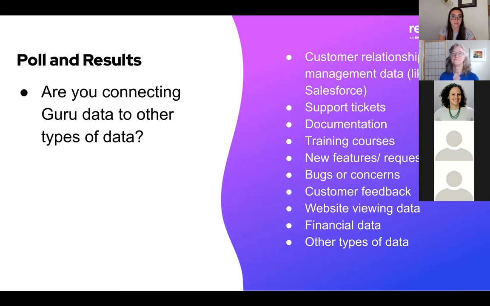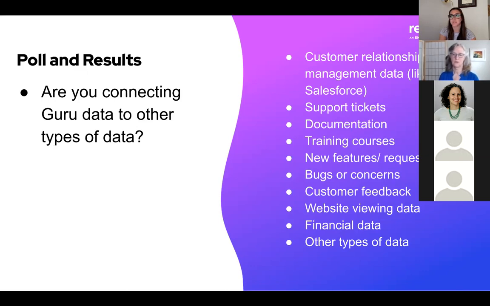Some for new feature requests too. All right, we will go ahead and end the poll and see the results. So yeah, it looks like most people are connecting Guru data to their training courses, documentation, and a few other places.